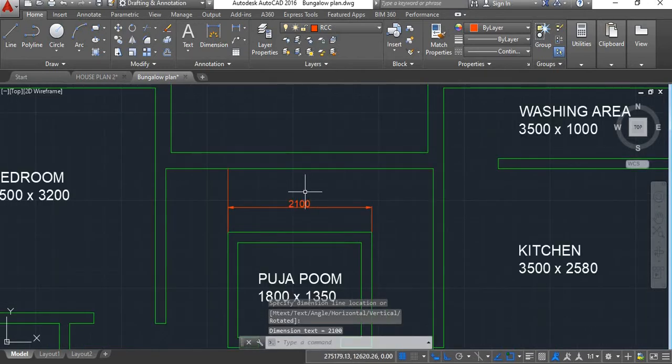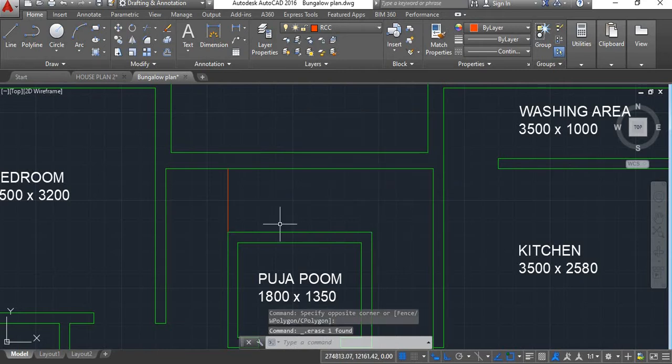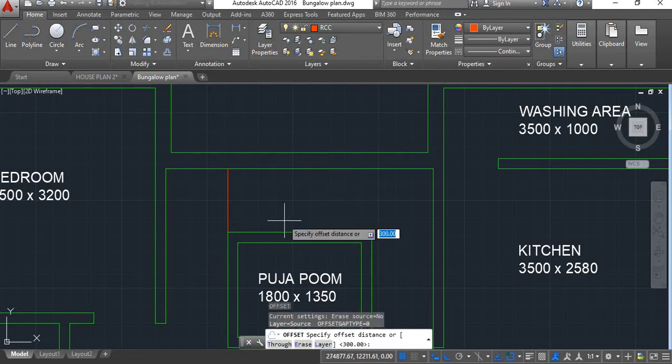This is 2100. Now the length of the tread is 300 mm. So we'll divide this 2100 by 300, and we'll get 7 numbers. So the total number of steps we'll provide in this flight will be 7 numbers. So I'll take the offset command.